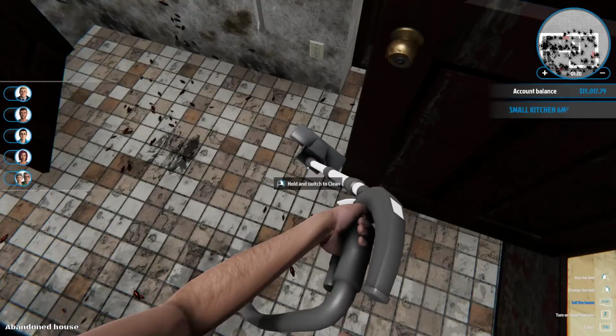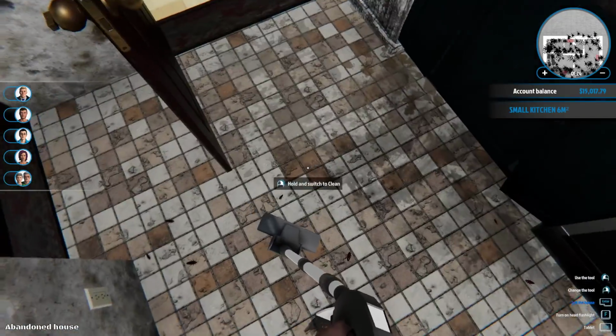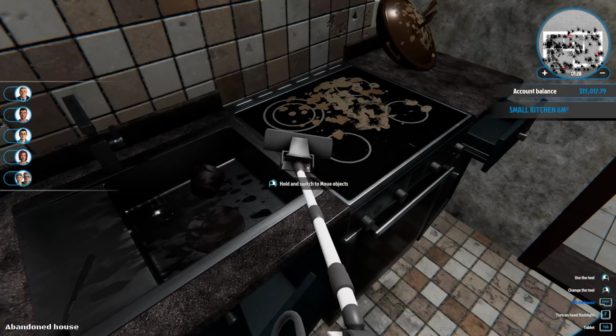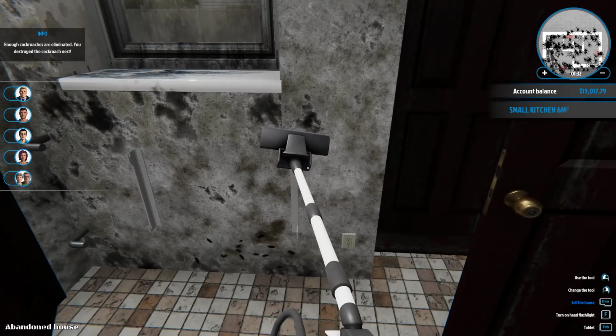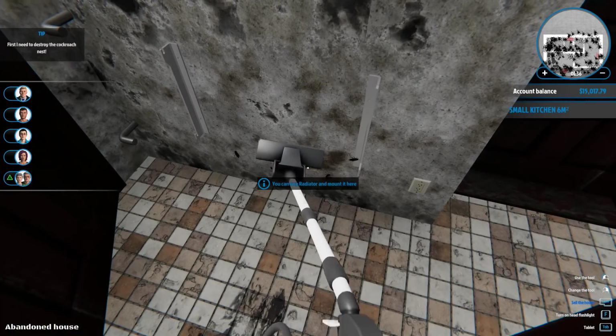Kill the nests. And you can see here, we don't have a list of goals. So what we'll probably want to do to be able to max this out, one of the things that'll be very important is to get the maximum... Okay, the cockroach nest is dead. That's good. Oh, no, there's still some over here. I mean, the nest is gone, but...